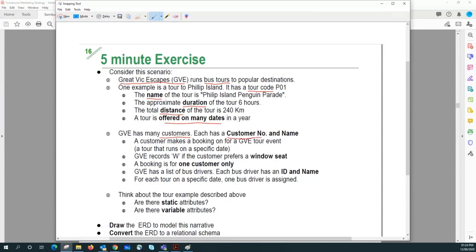Looks like these are the descriptors of the customers, the attributes of customers, right? So I underline that. A customer makes a booking on the GVE tour event. Okay, so bookings, tour events, right? So I underline that. What do you mean by the tour event? A tour event is a tour that runs on a